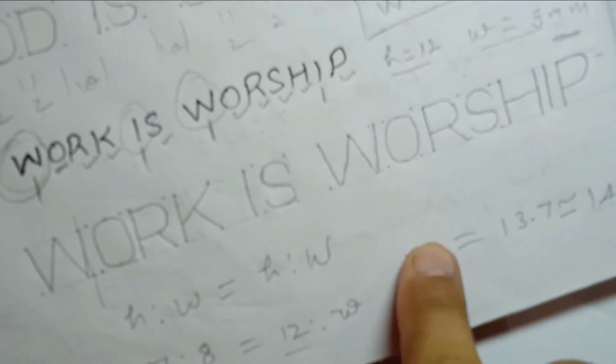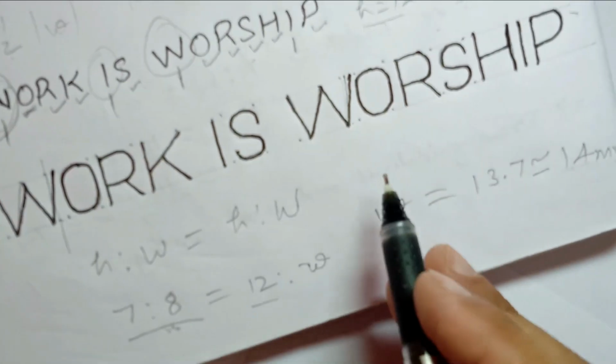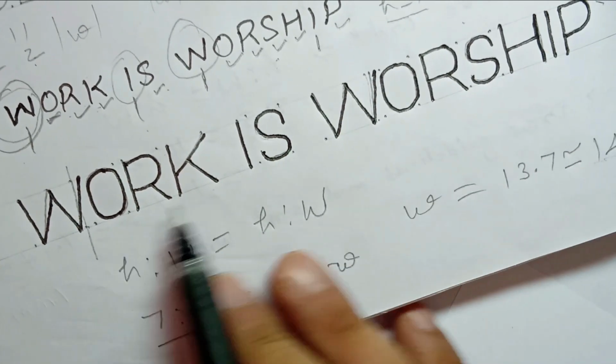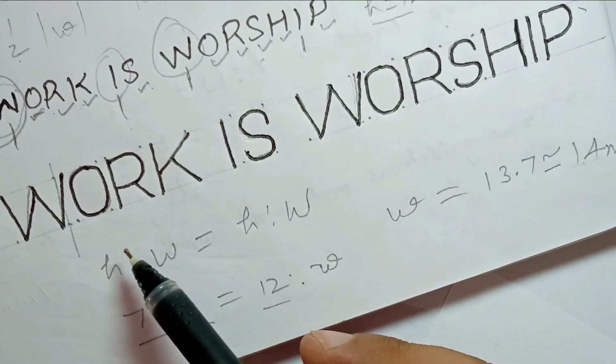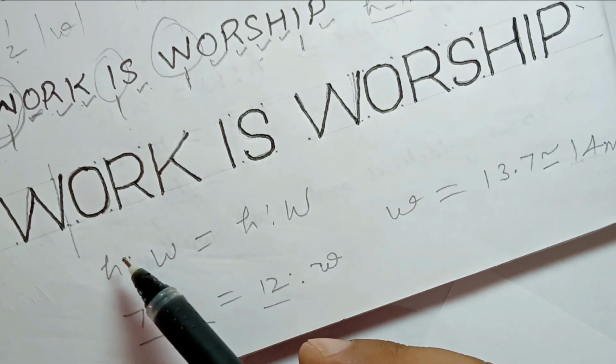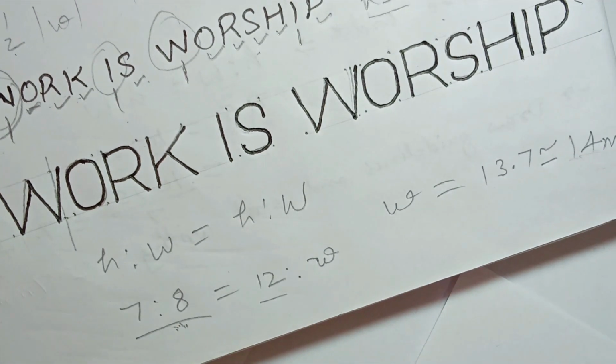So I have written the sentence. Now you have to write in the same format. I have made it dark just to show you what the outlook of your sentence should be. Now in a technical drawing sheet we are not allowed to use our own style of writing, so we have to write in the same format which I have discussed in the last video.